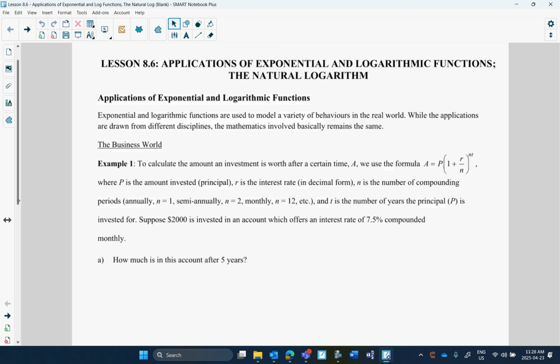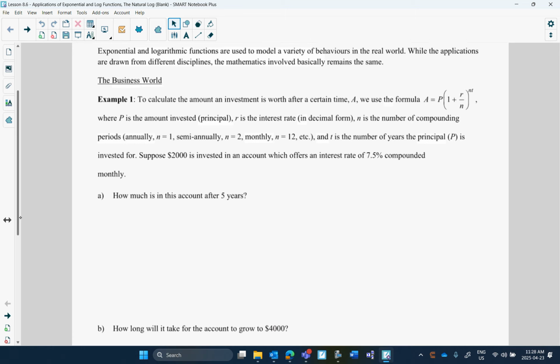Okay? Let's look at something in the business world. And I gave you guys this formula before when we first talked about exponential functions. If you want to find out how much an investment is worth after a certain period of time and given a certain interest rate and how many times interest is calculated in a year, we use this formula where A is the amount of your investment, P is the principal, how much you've invested to begin with, R is the interest rate that you get as a decimal,